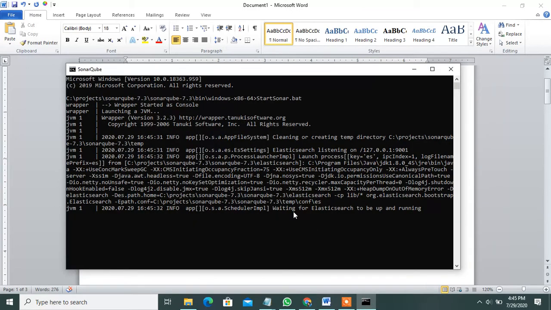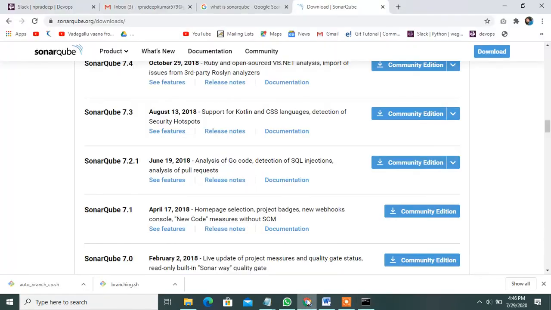It takes a lot of time, no problem. You can observe it launching the JVM. Then the SonarQube 7.3 version is mentioned here, and all the properties will be loaded here. Once it is installed, you can go to the server.